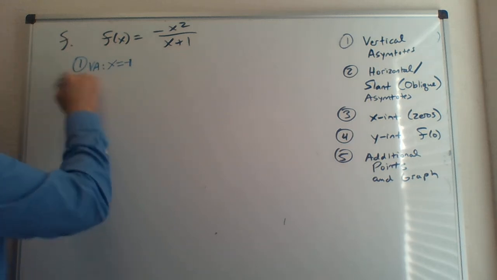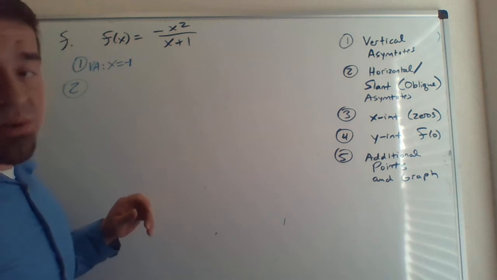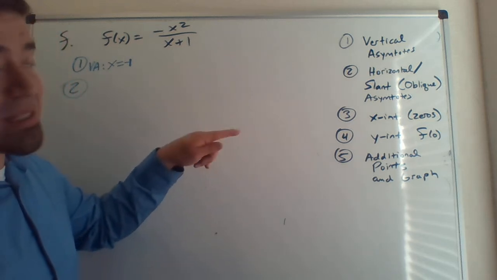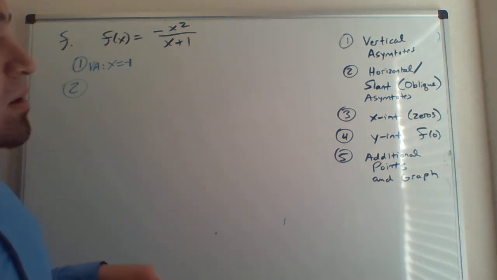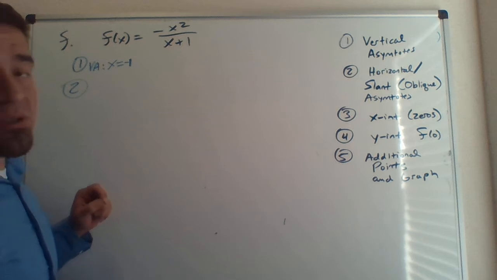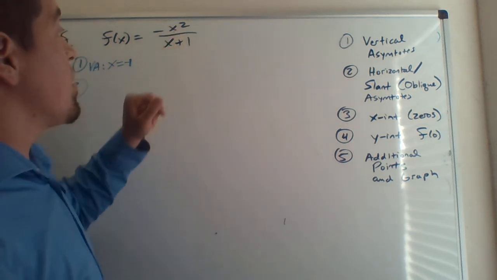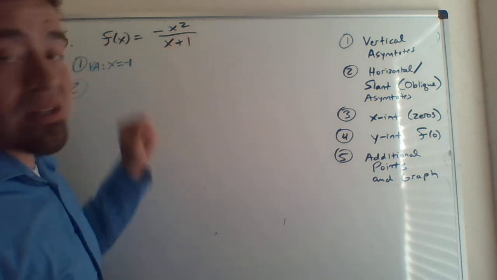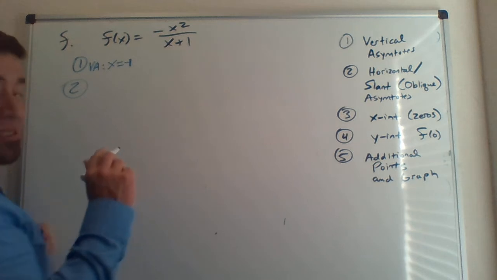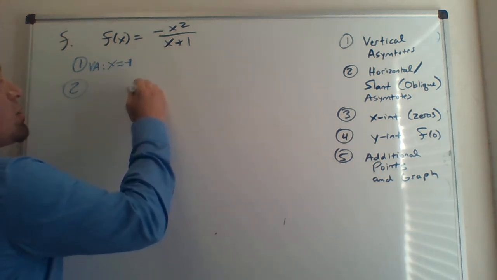Step 2, we're going to use the three rules that we talked about in class. Whether the degree of the top is less than the degree on the bottom, the degrees on the top and bottom matched, or the degree on the top was 1 more than the degree of the bottom. This would be case 3, where the degree on the top is greater than the degree on the bottom by 1. So in this case, this is what we didn't cover in class, which was you want to use polynomial long division